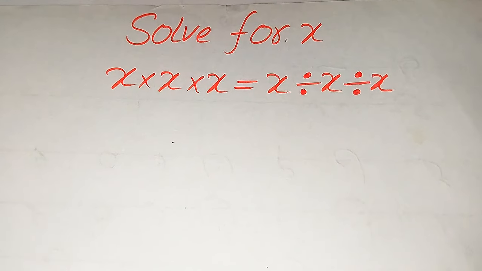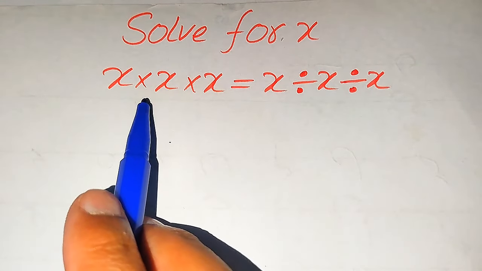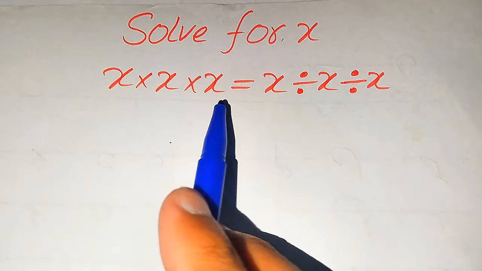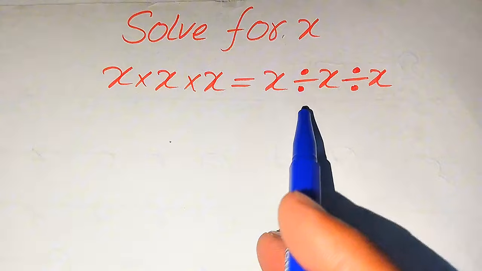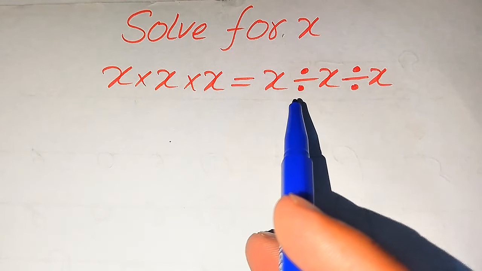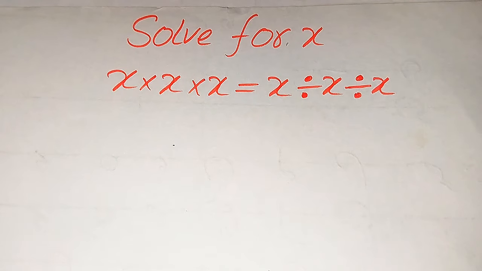Hello everyone, how to solve this problem for the values of x. If we have x multiplied by x multiplied by x is equal to x divided by x divided by x. So this is our given question statement, and in this question we find all the roots of this equation,